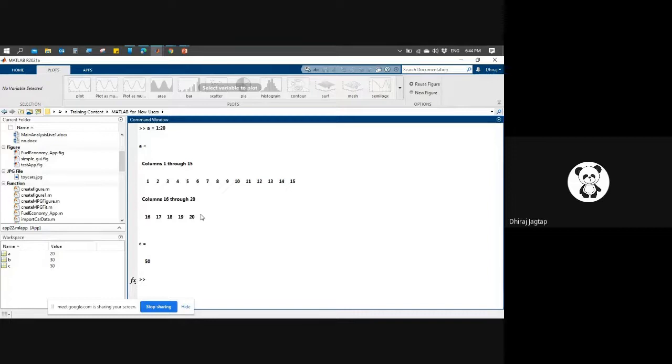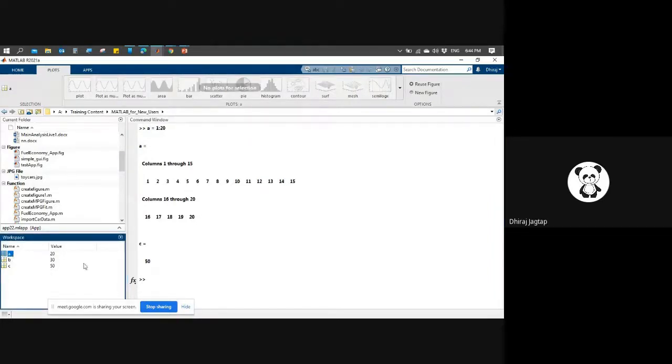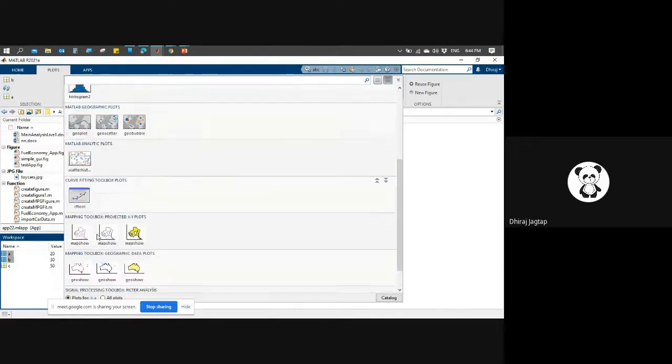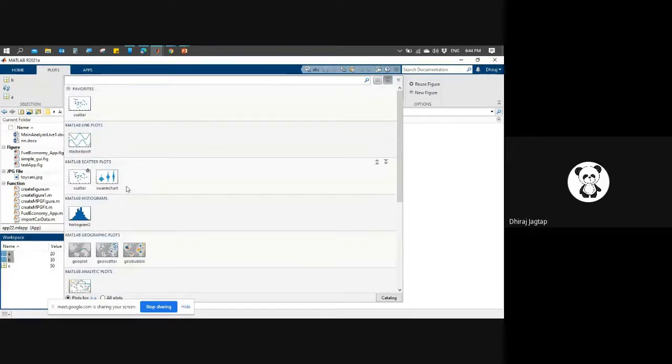So if I select any of these variables, whatever plot commands are suitable for this variable will be enabled for me. You can use it like a scatter plot or stacked plot, some histogram, geo plots. Different types of plots that you can use, according to your data. So if I click on the scatter plot,